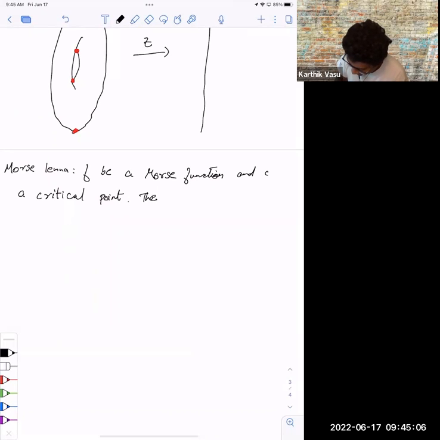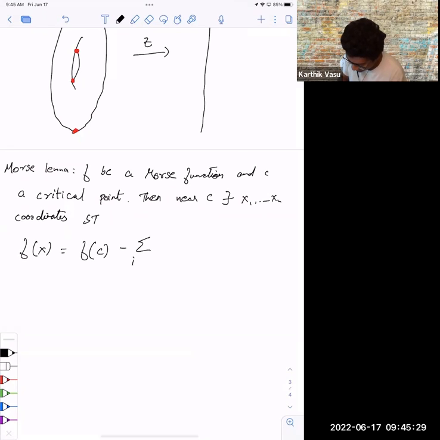Then near c, there exist coordinates x1 to xn such that your function will just look like f of c minus